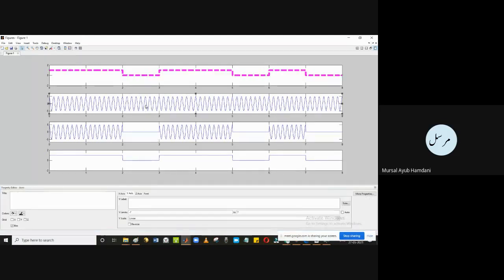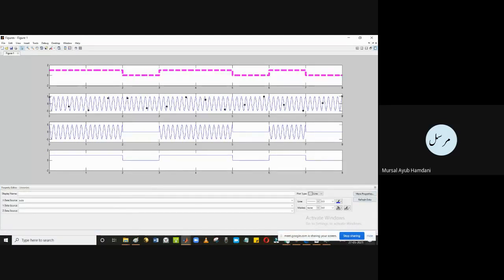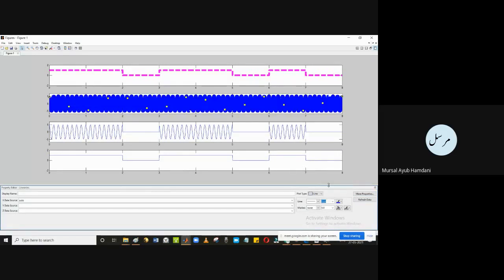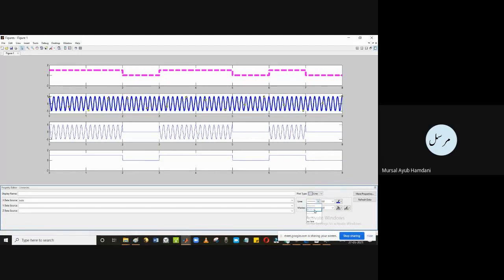Then here also you can click on this plot and do it for different values. You can put a marker here. Different things for better data analysis. You can do many things here.